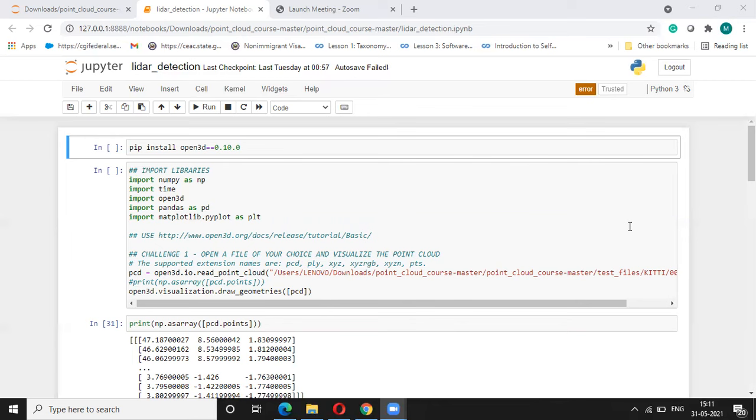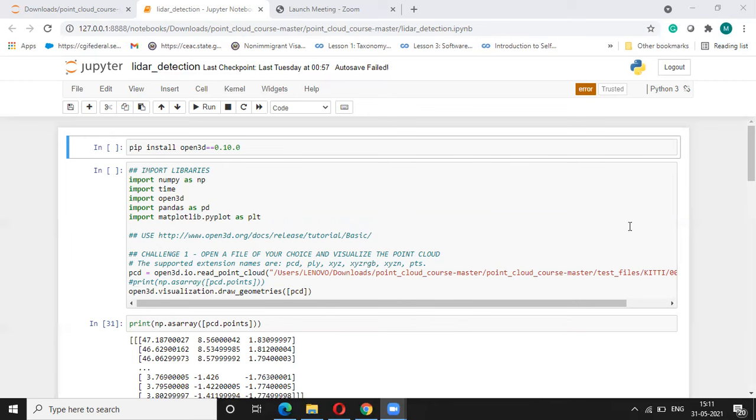The next thing is we want to visualize that point cloud, or see what exactly is inside that point cloud. That can be done using various point cloud libraries. There is the Point Cloud Library, then the Open3D library. These are the libraries which are available out there, and we can use them to process that information. So here our task is just to visualize that information. Let's see how that can be done. That's the first task.